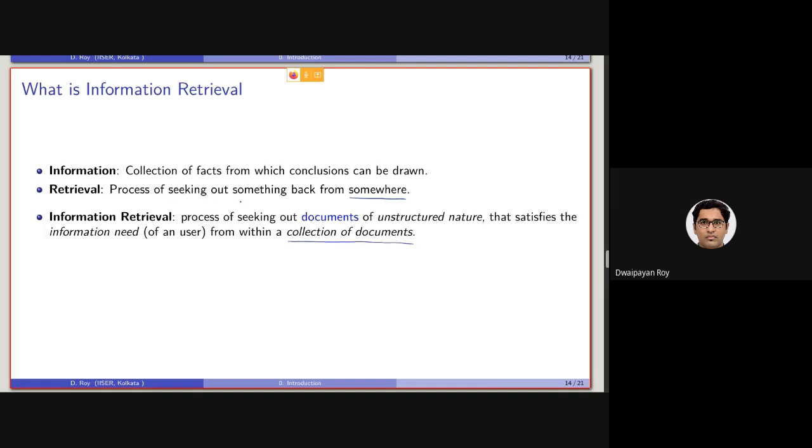The process of seeking out something is formally called the information need, and this process is basically the information retrieval process. So it is the process of seeking out information, documents of unstructured nature that satisfies the information need of a user.